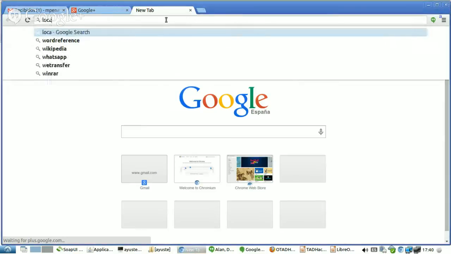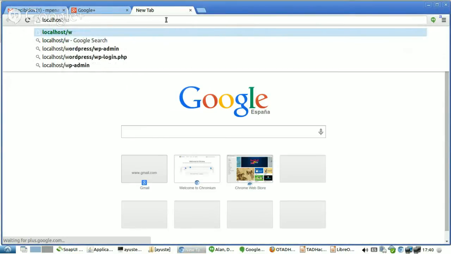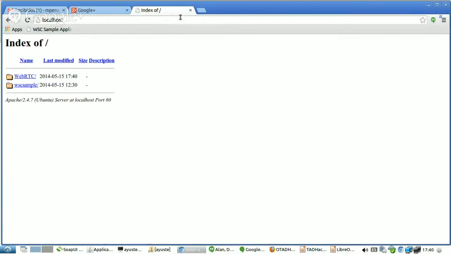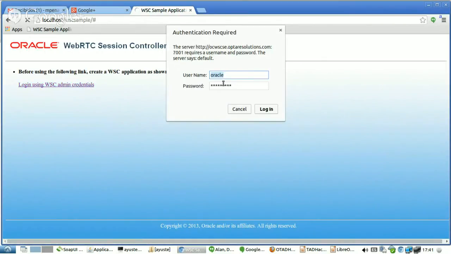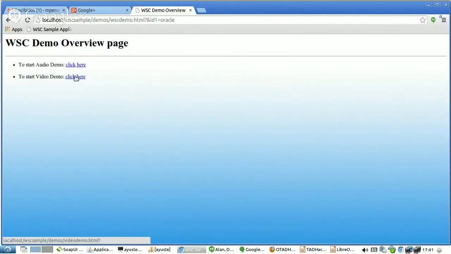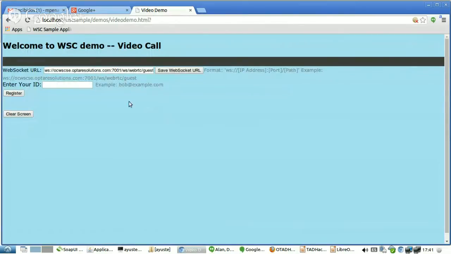So localhost. Okay, sample, and now it's the moment to log in. This is the web we are providing. Okay, so now we are browsing that web. We have the credential, they are the credential we provide in the email, so log in, and we can start a video demo, for example. Okay, in this case, we have to register, for example, using the user Bob,